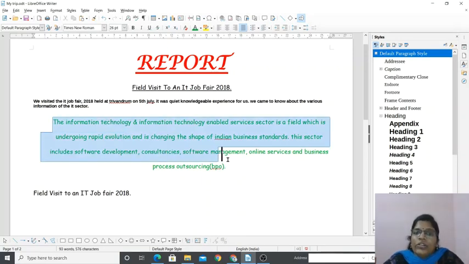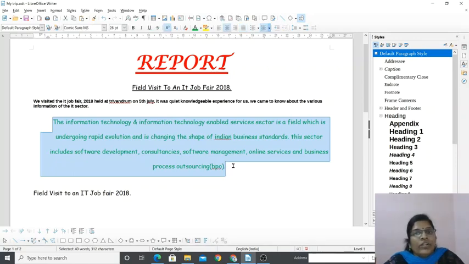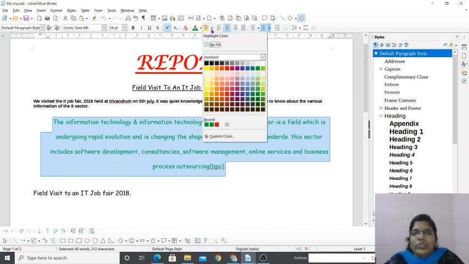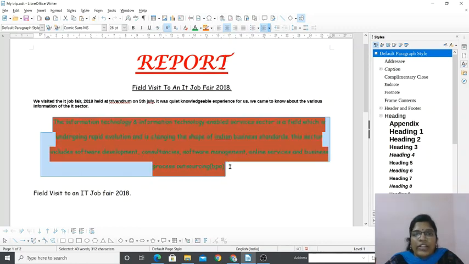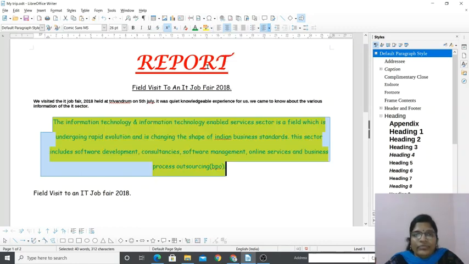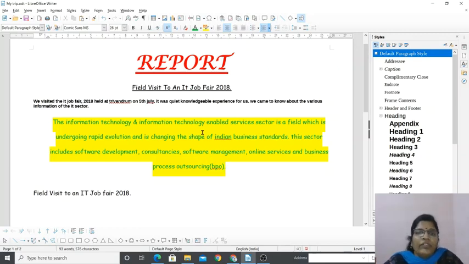Then highlighting. For each and every activity, first you have to select the text or a paragraph. Then keep the cursor here. You can see highlighting yellow color. Choose it and then you can choose what color you want to highlight. Do you see? It's too dark, right? This is somewhat okay. So the text is highlighted with a yellow color. If you do not want to highlight the entire paragraph, you can highlight just one particular line. That's your choice. Whatever you select, a particular line or a word, that will be highlighted. So this is called font color and highlighting.